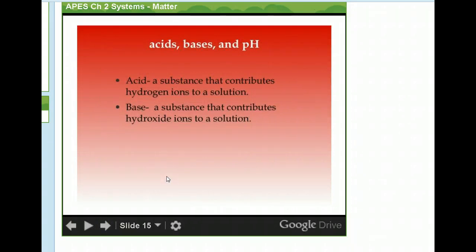Let's talk about acids and bases. Acids, remember, give an H+ ion to somebody else, and bases give off hydroxide ions. There are several different theories about acids and bases. This is the simplest one, but there are also other theories that we'll talk about in class. This is the basic Arrhenius theory, which says that acids give off a hydrogen ion, and bases give off hydroxide ions, OH- ions. The H+ right here, OH- right there.